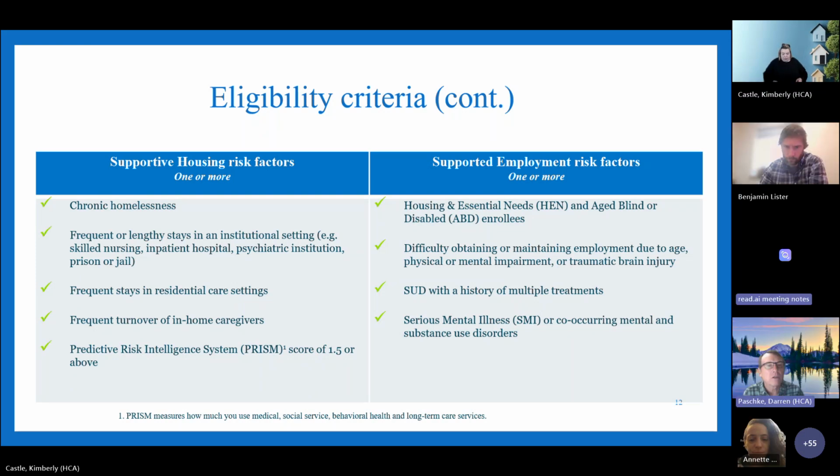And I think our partners at HCLA, formerly known as Alta, have that access as well. So you can definitely work with some of the community partners to be able to access some of the information. So on the employment side, again, you only need to align to one of these risk factors. So if somebody is already receiving HEN or ABD, aged, blind or disabled, they can be eligible for the FCS